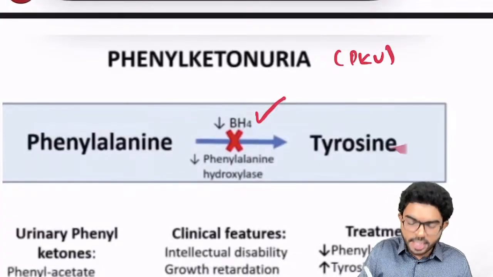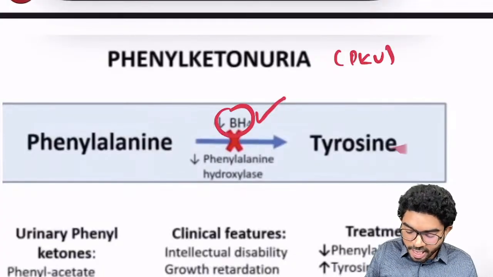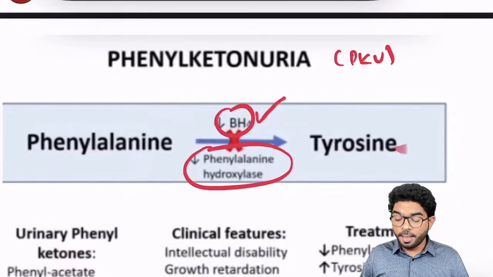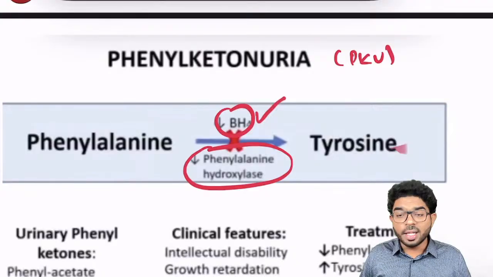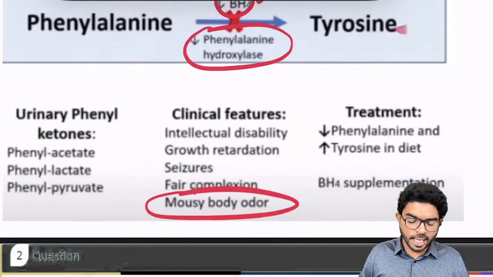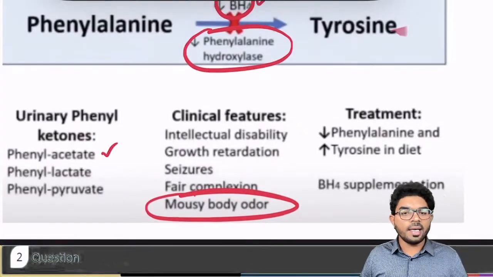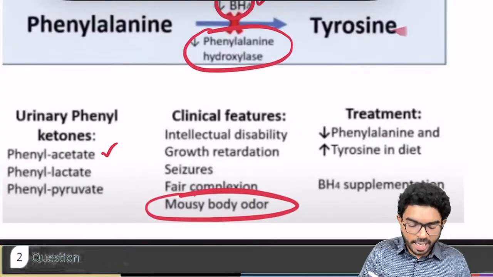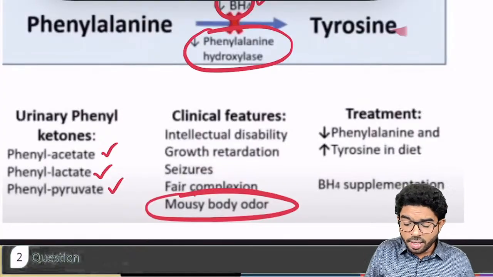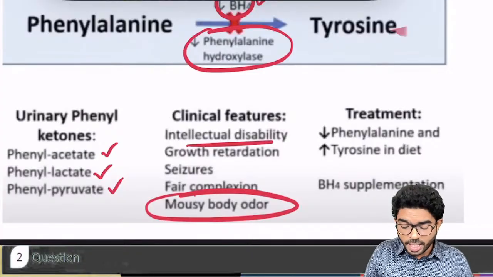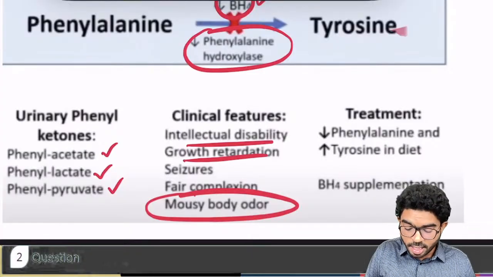So what is being absent? Either BH4 is absent or phenylalanine hydroxylase is absent, because this reaction helps in converting phenylalanine to tyrosine. So what are the things which get accumulated in the body? They can be phenyl acetate, phenyl lactate, phenyl pyruvate. What are the clinical features? IQ values will be a little low, growth retardation will be there, seizures are very common,